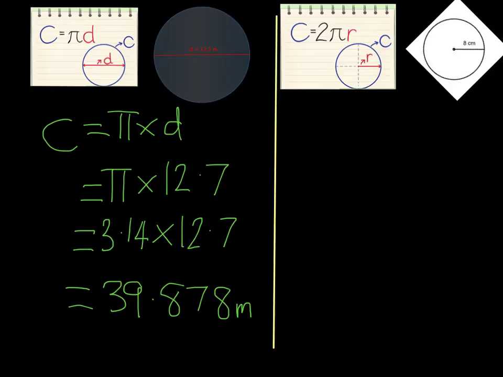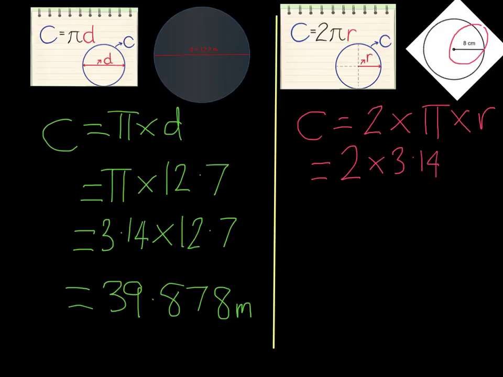Let's now take a look at the second example, and you can see in this example we are given 8 centimeters, which is the radius. We could double the radius, making it 16, to give us the diameter or the distance the whole way across the circle, and then we could use the first formula. But instead, because we know there's the second formula we can use, 2 pi r, let's give that one a go. So circumference is equal to 2 times pi times r, which is equal to 2 times